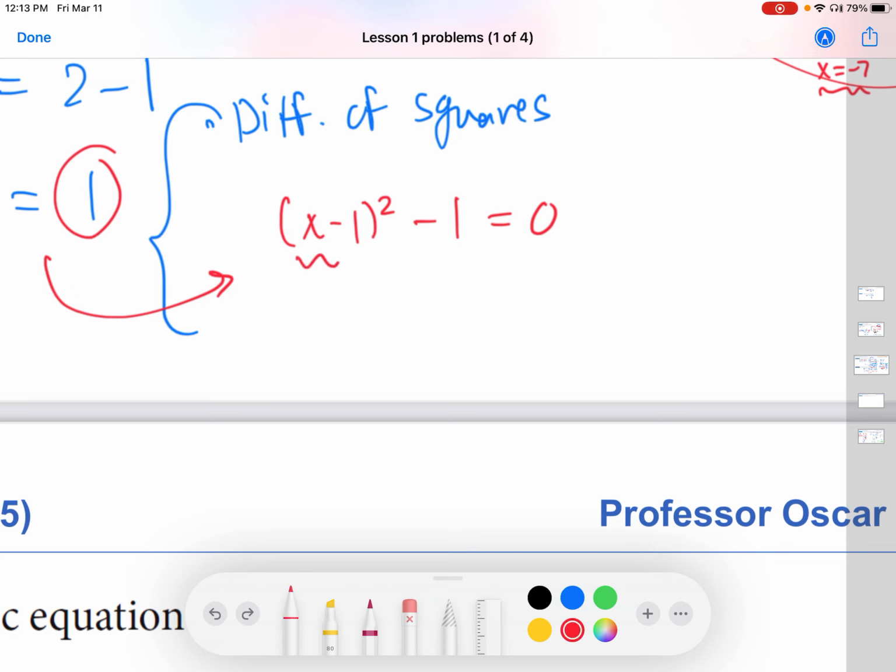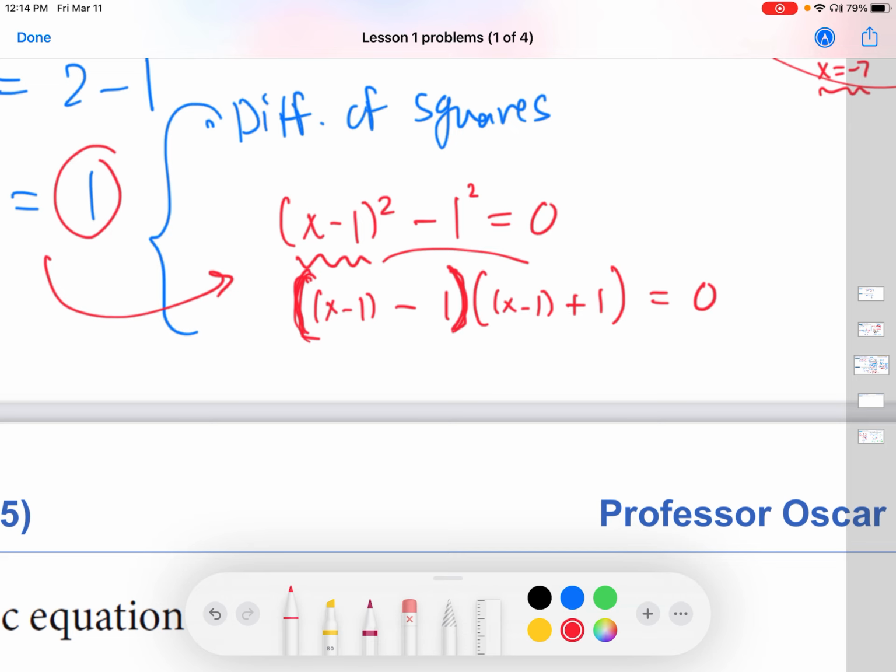So this x minus 1 minus 1 is one of the factors, right? Put a parentheses here. And then the same thing, x minus 1 plus 1 is the other factor. If you remember how to multiply these things out, right, like the FOIL method, you could verify that if you multiply these two factors out, you do in fact get the left-hand side. All right, and then this gives us two equations to solve. This one